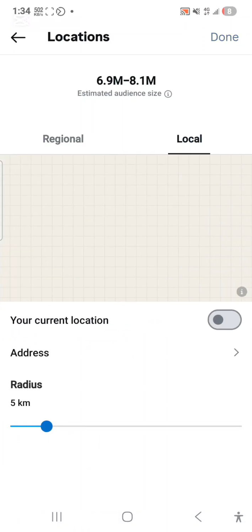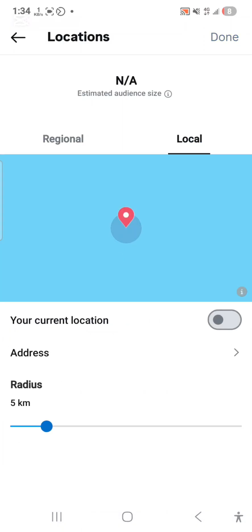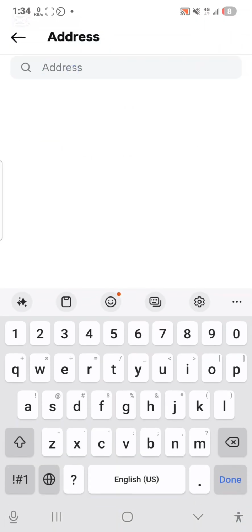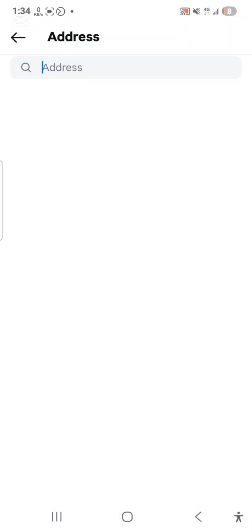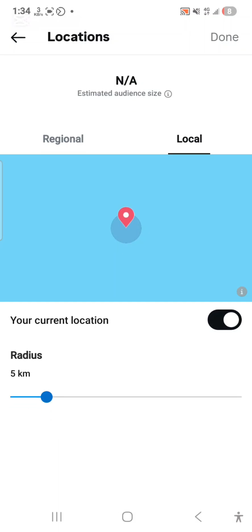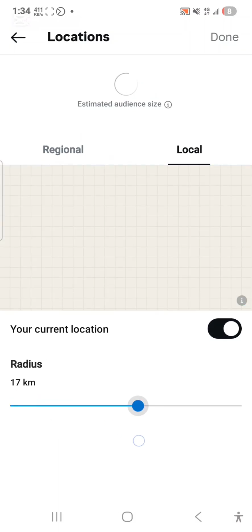And now this local option, if you turn on your GPS or you input the address manually, you'll be able to run a 5 kilometer radius ad. And this is always advisable for people that have businesses. You're at your shop and you want to run an ad and you don't have time to be thinking too much about location. You just want people within that area to patronize your business. You can just tap on use current location and you run it within a minimum of